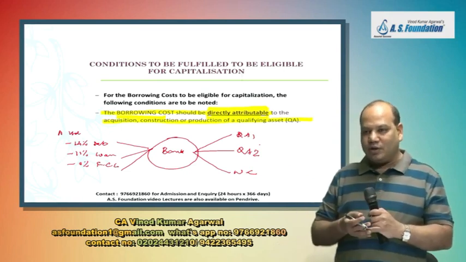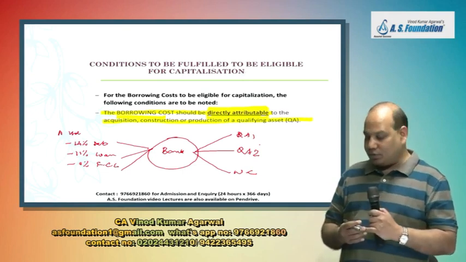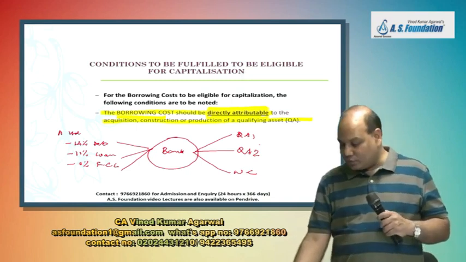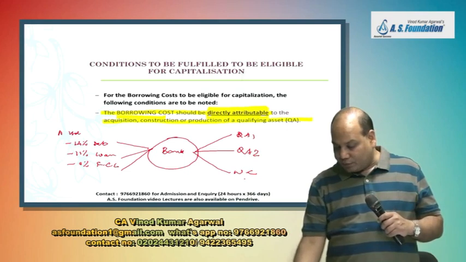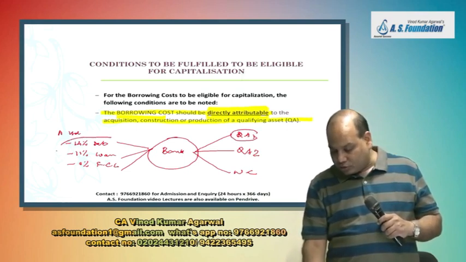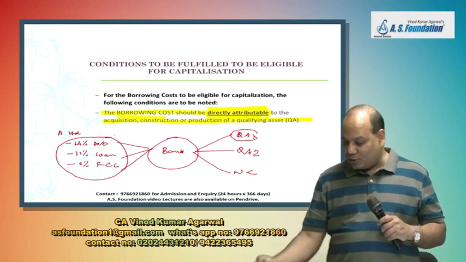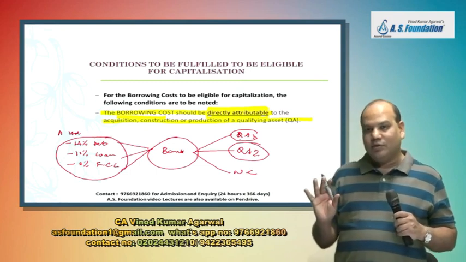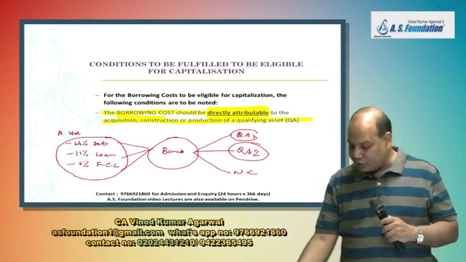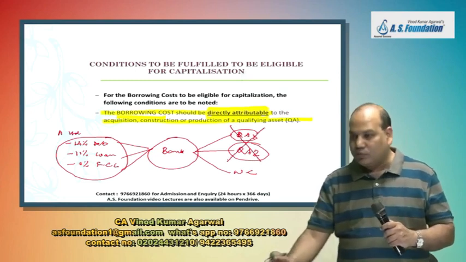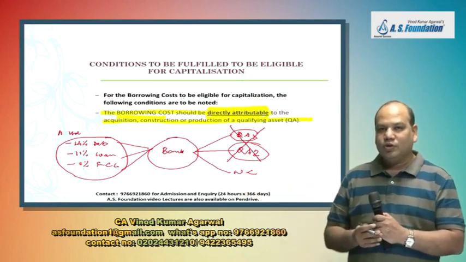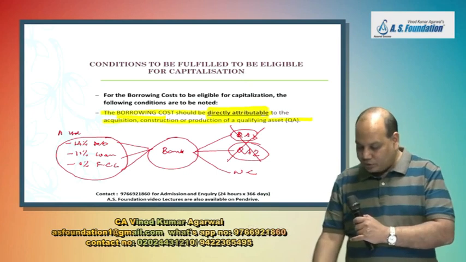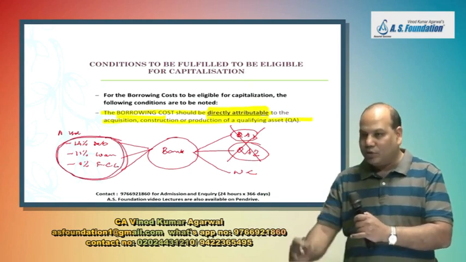If you have raised the funds in general and then use it for many purposes, you may use it for a qualifying asset, you may not use it for a qualifying asset, you may use it for just working capital. But I have to now check whether these loans are directly attributable to these qualifying assets or not. How do I check? This will involve some degree of judgment. Suppose the company did not have these qualifying assets, will my level of borrowing still be the same or would it have been lower?